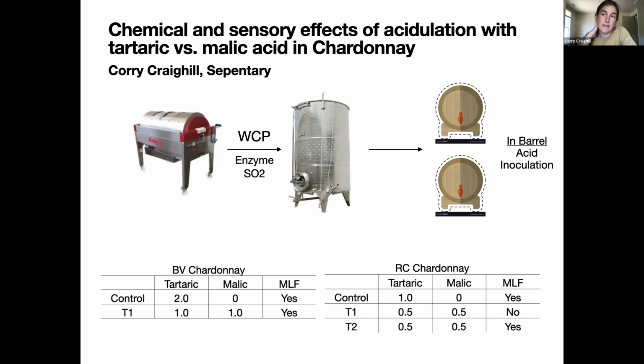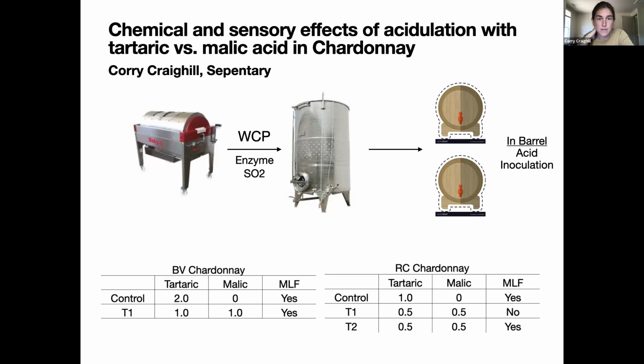So we did 2 different lots. I've got a vineyard site in Goochland, and that's the RC Chardonnay, and then the BV is from Blenheim. Thank you, Kirsty. So on the Rock Castle, we were able to run 3 different wines, or 3 different pieces